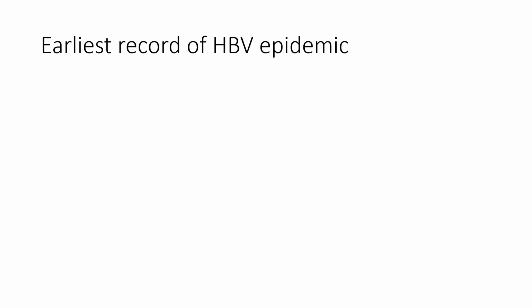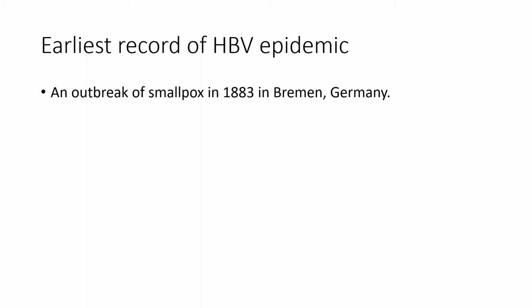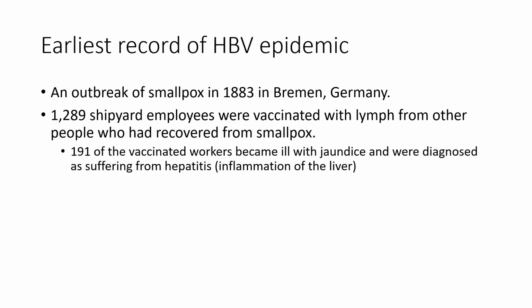The earliest record of an epidemic caused by hepatitis B was reported by Lerman in 1885. Basically, a couple years earlier, in 1883, in Bremen, Germany, there had been a smallpox outbreak. And to cope with that outbreak, almost 1,300 shipyard employees were vaccinated with lymph from people who had recovered from smallpox. And after several weeks, and up to 8 months later, 191 of the vaccinated workers became ill with jaundice